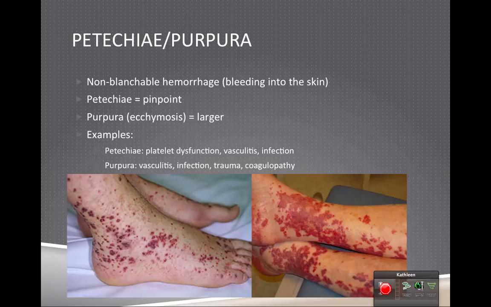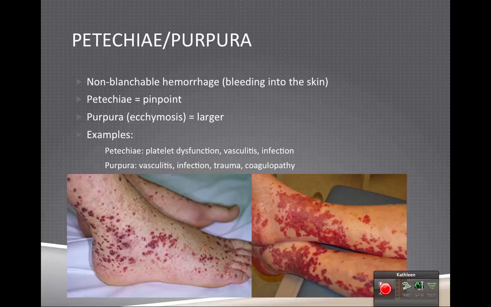And they use the glass test, and they'll often use a microscope slide, and they press glass against a blanching rash, and it disappears. You can no longer see it. That is considered a blanching rash. We press glass against it, and you can no longer see the rash. That's a blanchable rash. This is a non-blanchable rash. If you put glass on that, it would still be there. That's a non-blanchable hemorrhage rash. Okay? Examples are